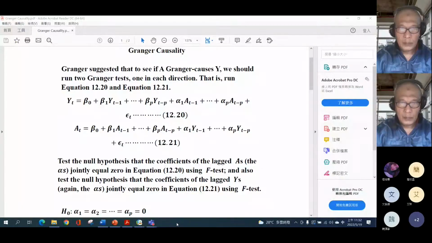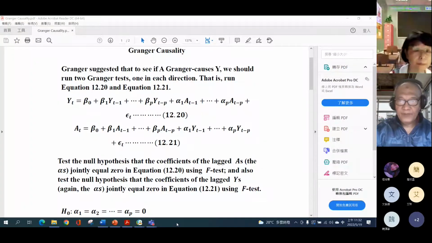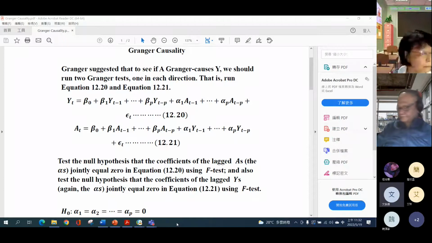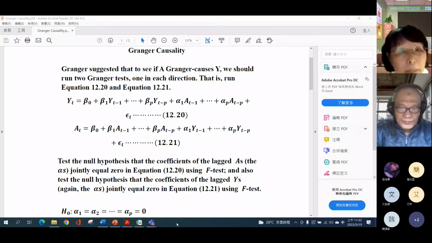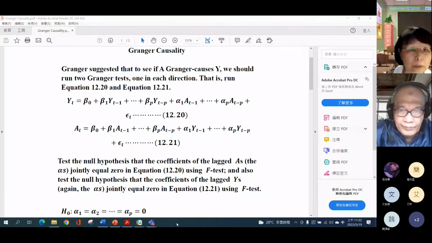excuse me, did I share my screen? You have improved. No? No, okay, sorry, just a second, okay? I share my screen first. Okay, then did you see my screen now? Yes, bro. Yes. Okay, I think I already upload this PDF file about the Granger causality, which I mentioned it